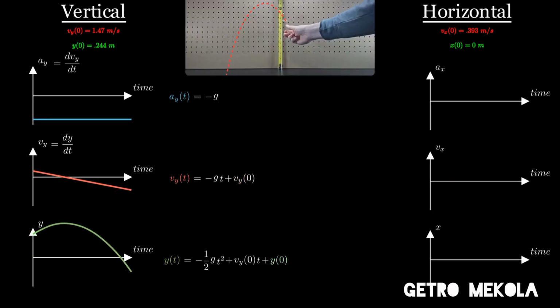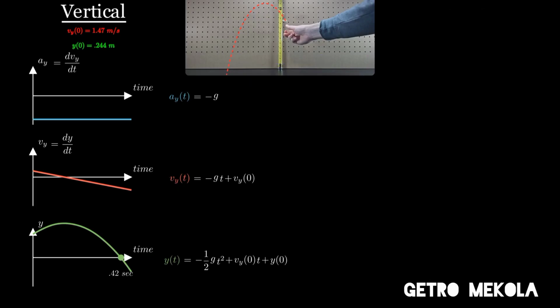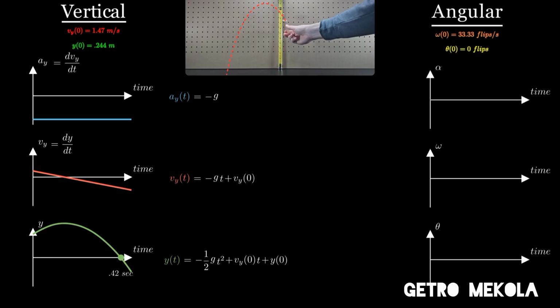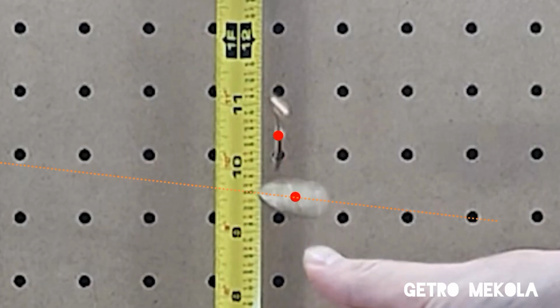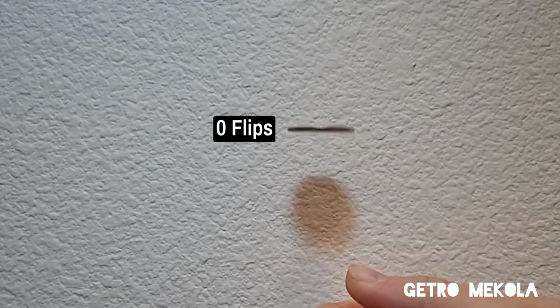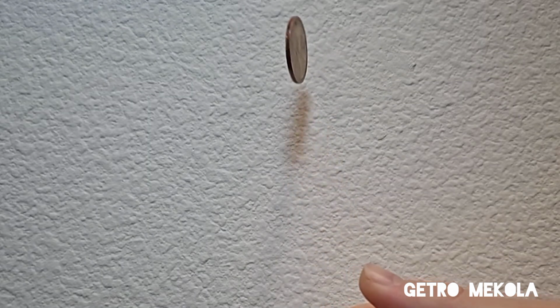for the time when a simple projectile will hit the ground using kinematics, which uses the potentially costly assumption that the motion is dictated by gravity alone. We actually don't care how much the coin moves to the left or the right, just how many times it flips, so instead of its horizontal movement, we'll look at the coin's angular movement. By roughly looking at the planes for each, the coin had an initial angular velocity of about 5,940 degrees per second, or 33 flips per second, where I'm defining a flip to be a 180 degree rotation from heads to